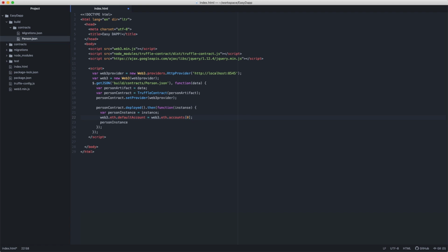This will also work, but there is another way of doing this. So we can directly pass the address in our method call only, so we don't need to do this. So I'll just remove it for now,